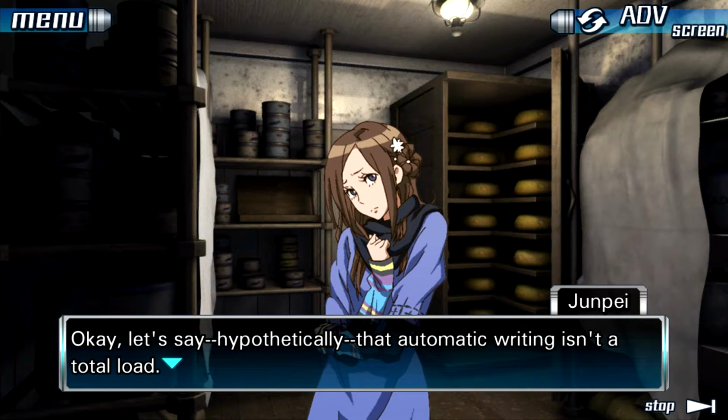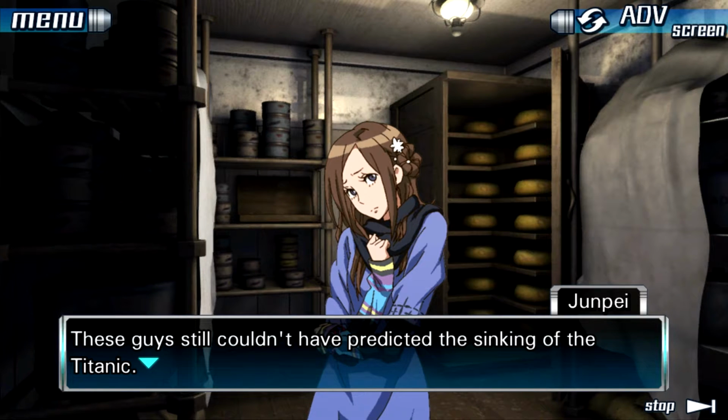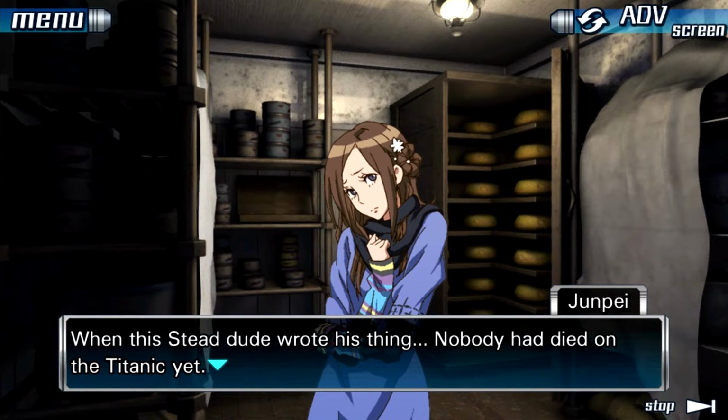Okay, let's say, hypothetically, that automatic writing isn't a total load. You know, I'm not sure if I want this to have plot relevance or not, because if it does have plot relevance, then it's like, okay, thank you for making it so that this wasn't a complete waste of my time. But also, if it has plot relevance, are we really going down this route? Is this really the road we're going down? These guys still couldn't have predicted the sinking of the Titanic. When this Stead dude wrote his thing, nobody had died on the Titanic yet. So...